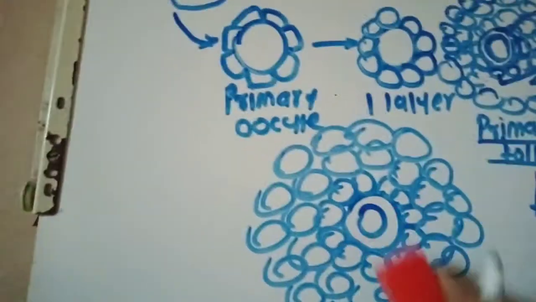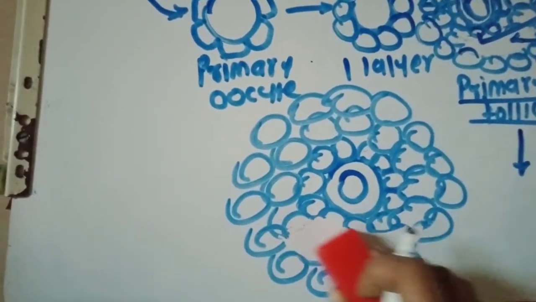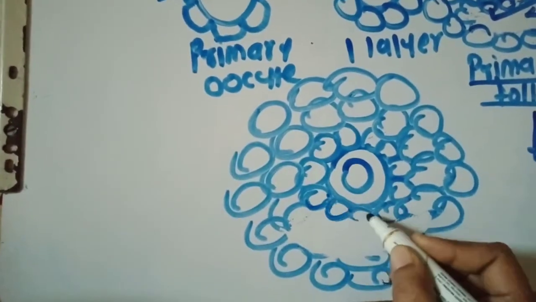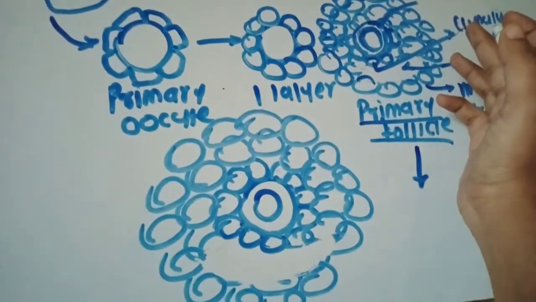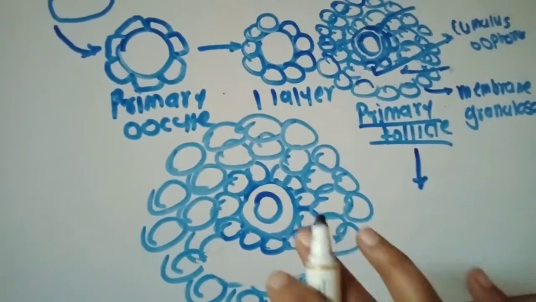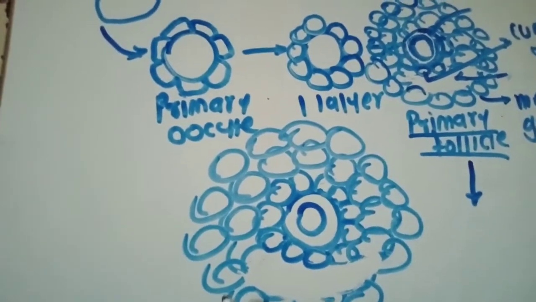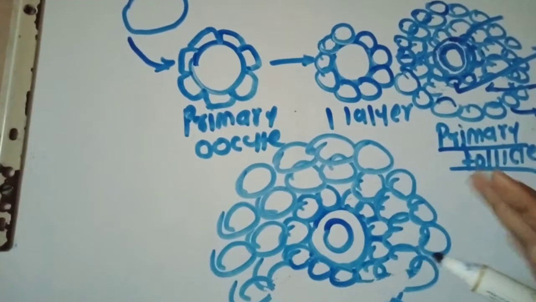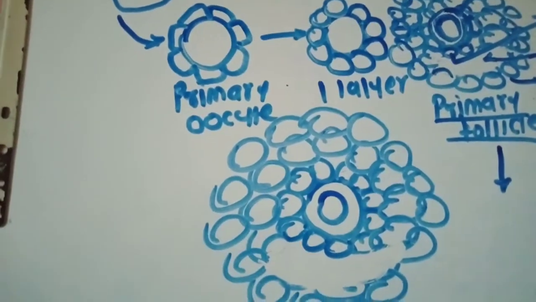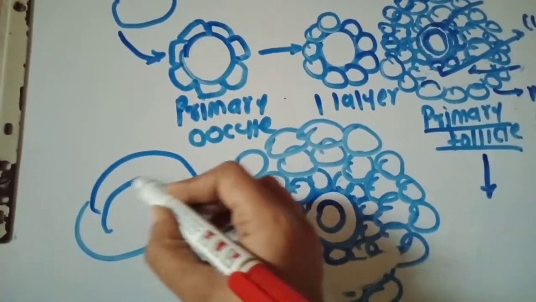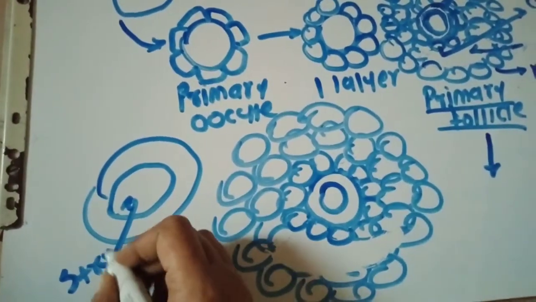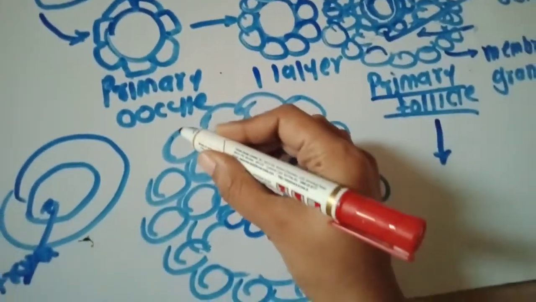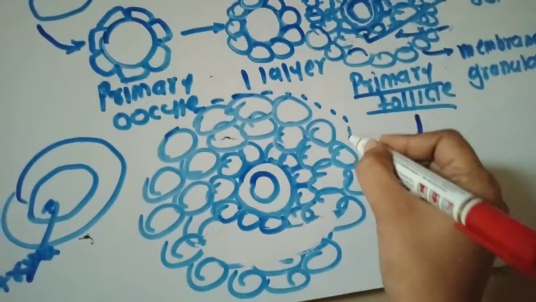As you can see, here is the antrum. Around this follicle, this is going to be a matured follicle now. The primary oocyte also divides, and a secondary oocyte is formed inside this. Now the outer layers: the stroma, the connective tissue of the ovary, cortex, and inside the medulla there is connective tissue. The connective tissue is called the stroma. The stroma adds layers to this follicle.